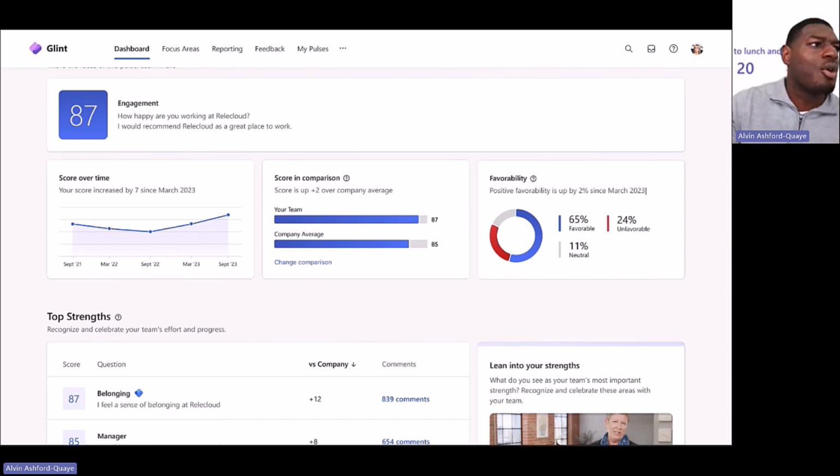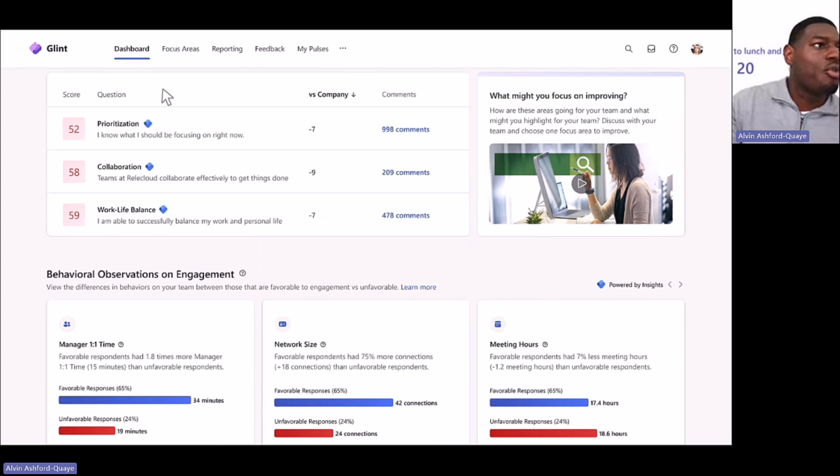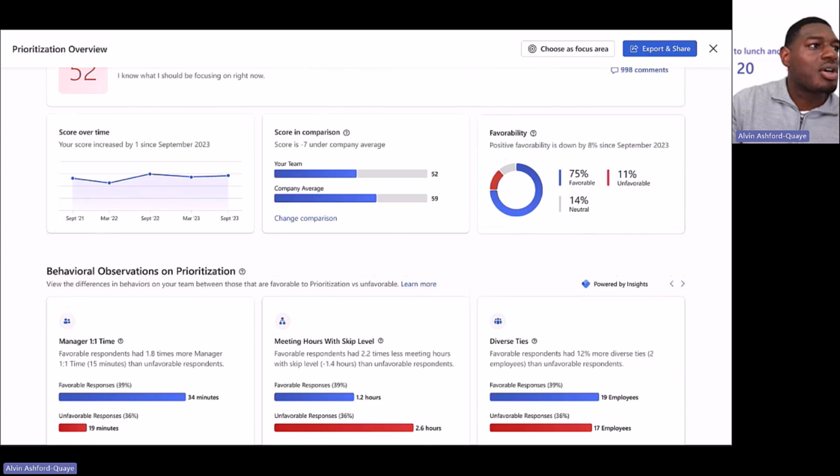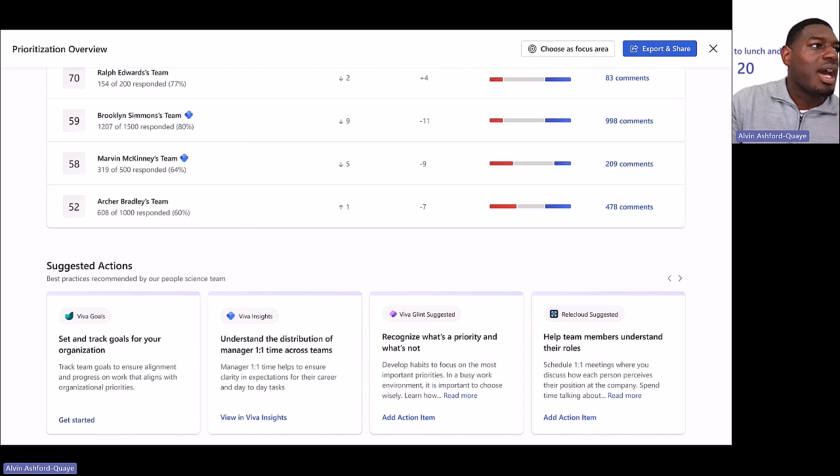If we click on that, we go to prioritization. I can now delve into this particular area and start to see all the behavioral metrics that are associated with prioritization. Okay, so if I was to move forward and click on this particular area where it says manager one-to-one time,